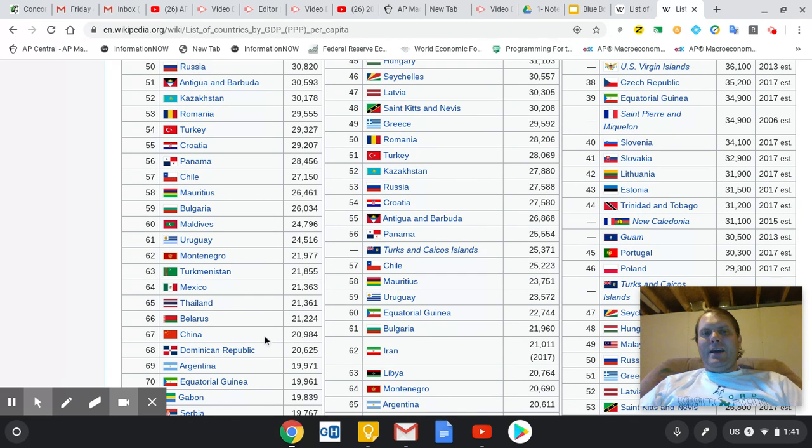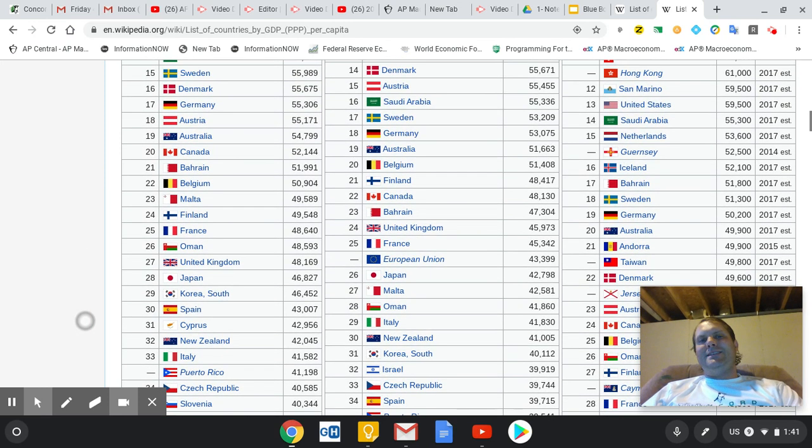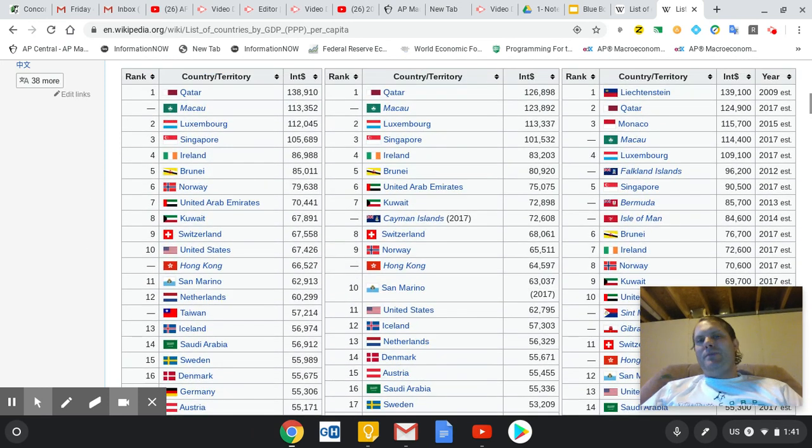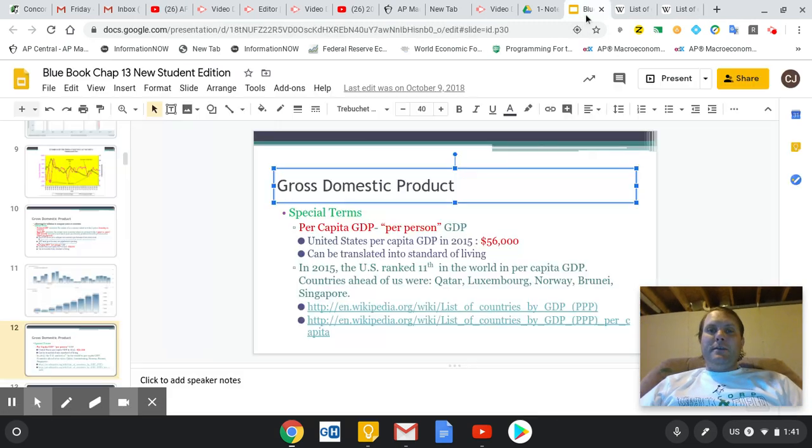If you take per capita GDP and call it the average salary, which is one way you can look at it, China is averaging about $21,000 a year, which is about a $10 an hour job. So the average person in China is making about $10 an hour. If you compare that to the United States, where the average person, if you take the 67,000 up here, is about a $32 an hour job. Anyway, that's a stat you want to be able to understand.